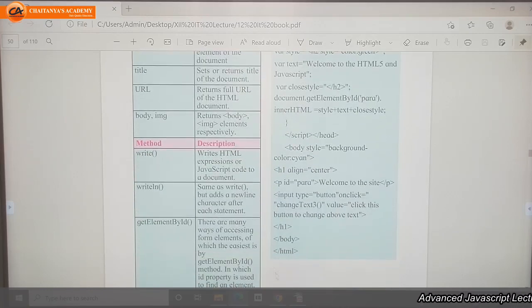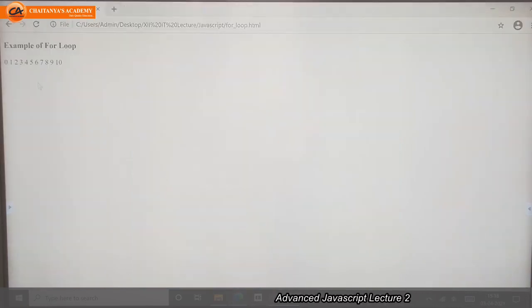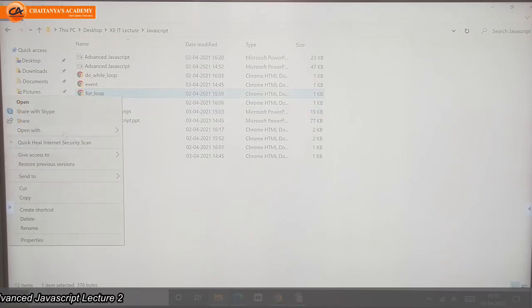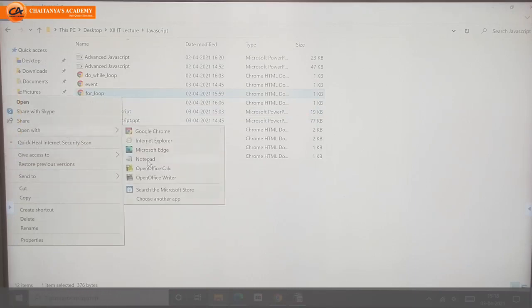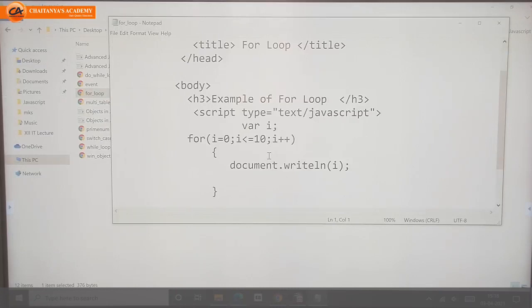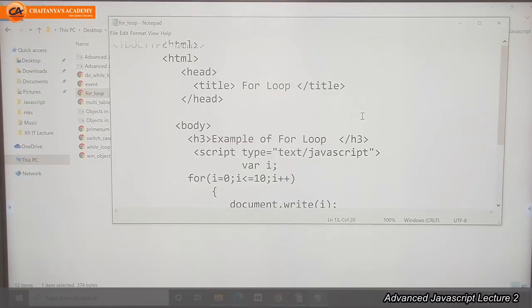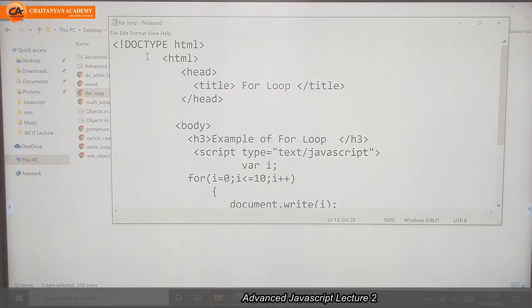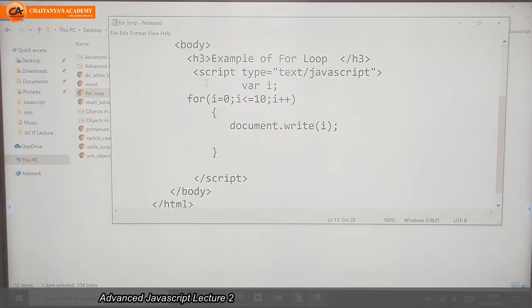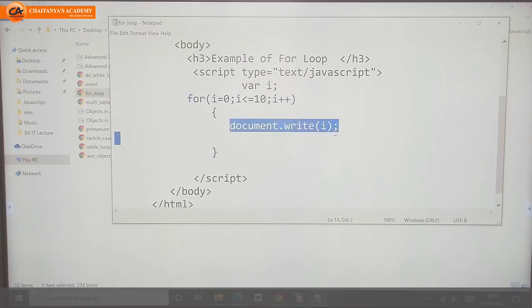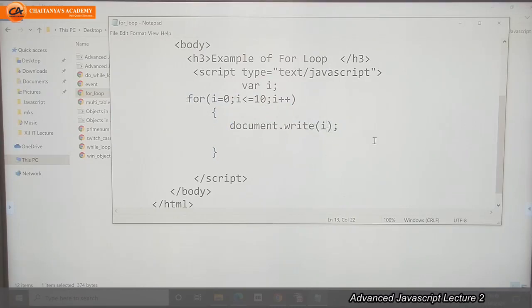In yesterday's program, see this for loop program. We will go through these programs once again. In this for loop program, we use a for loop, one control statement. In that I have written document dot write i, meaning the value of i.